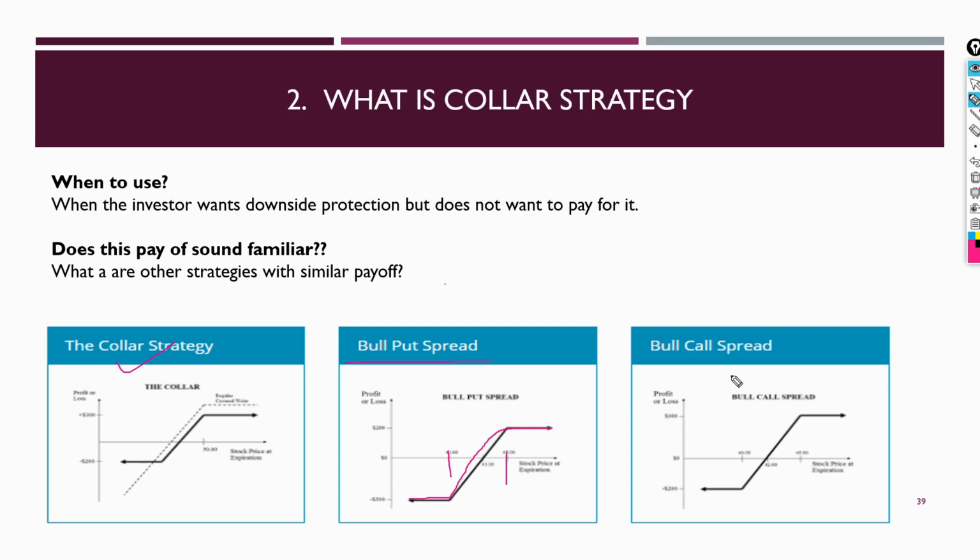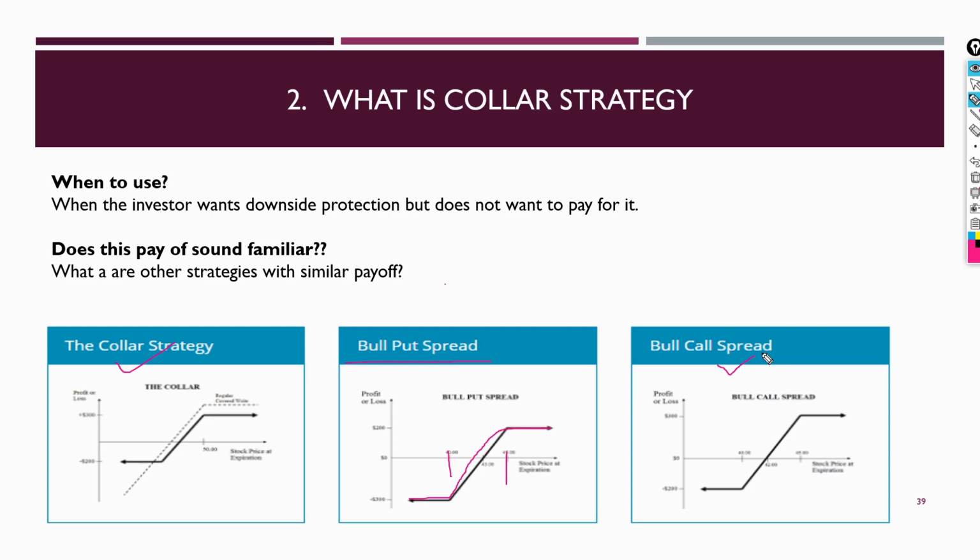And the third graph is the bull call spread. Bull call spread means buying a call as a base strategy, as a bullish view, and then selling an OTM call to reduce the cost you have paid to buy the call. This is also called a debit spread, as in this strategy you have to pay net premium. Remember my method of remembering strategies: base strategy, then hedging leg, and then cost reduction leg.